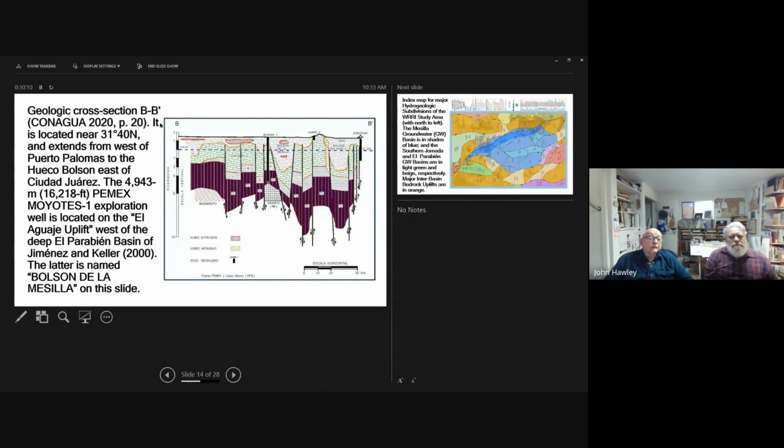And this is, again, a cross-section from the Conejos document of this part of Mexico. And this goes from near Puerto Palomas, or just west, over to the southern end of the Hueco Bolson, east of Sierra Juarez.